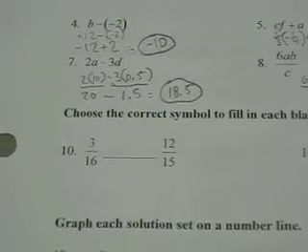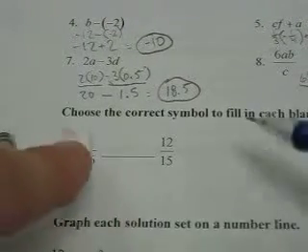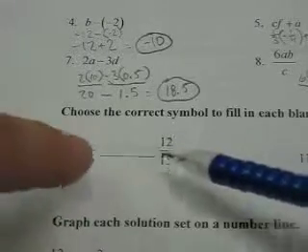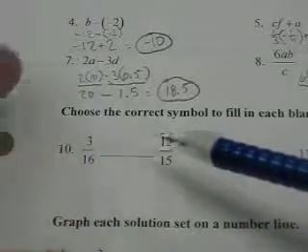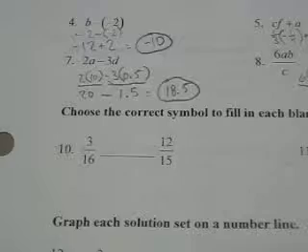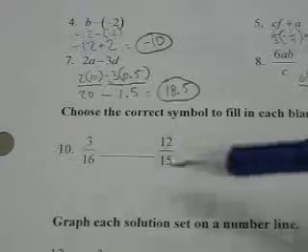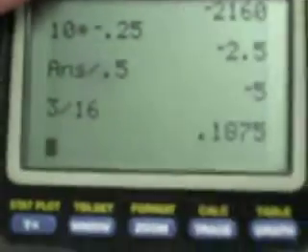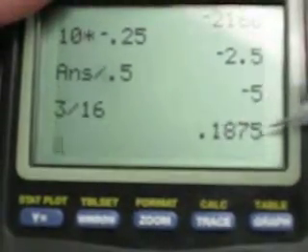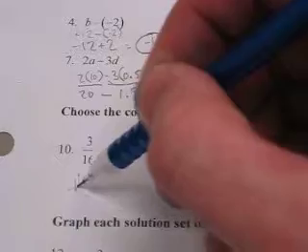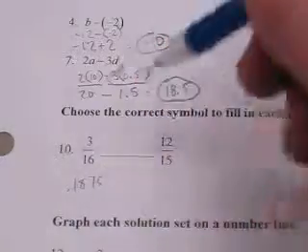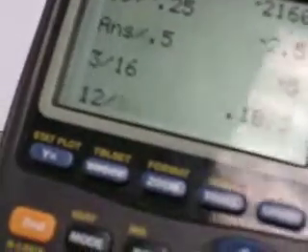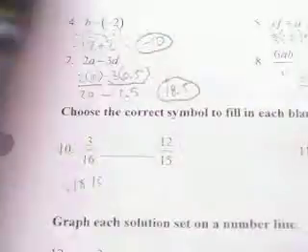So on number 10, what we need to do is to change each of these fractions to a decimal, their decimal equivalent, and then we can compare greater than, less than, or equal to. So 3/16, the way I do that is to divide 3 by 16. In the calculator, I would just type in 3 divided by 16 and get 0.1875. 12 divided by 15 gives us 0.8,